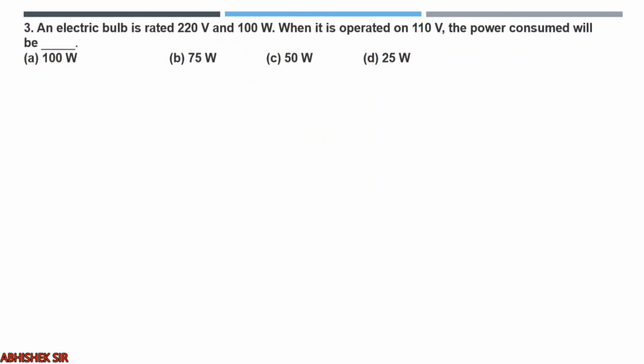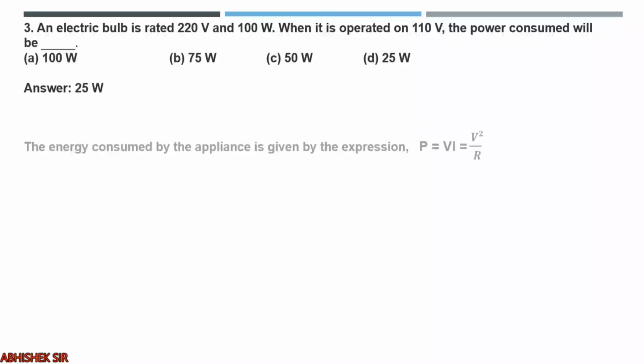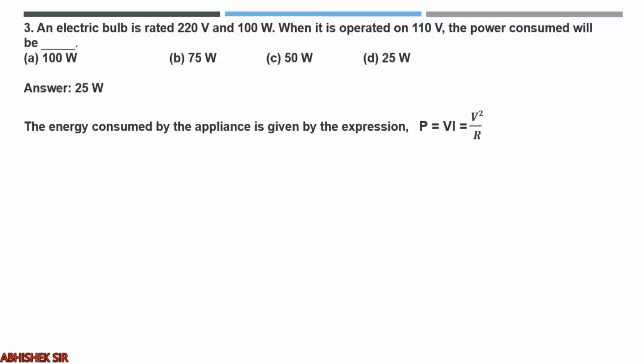Okay. Moving on to the third one. An electric bulb is rated 220 volt and 100 watt. So this is case number 1. When it is operated on 110 volt, the power consumed will be dash. That means this is case number 2. So let us try to find out the resistance of the bulb first and then we will use it in case number 2. So in case 1, the power consumed by the appliance is P equals VI, that means V square